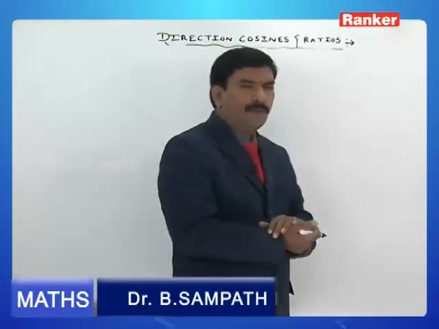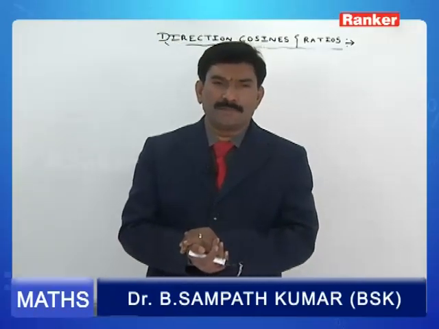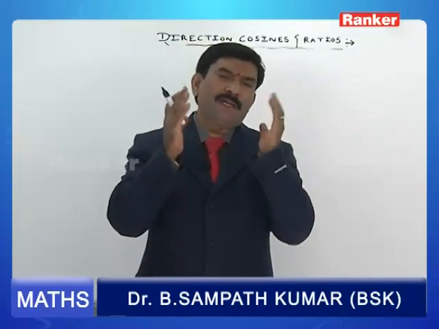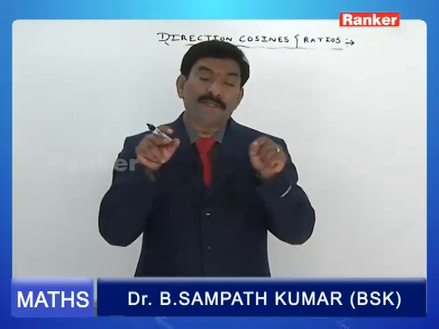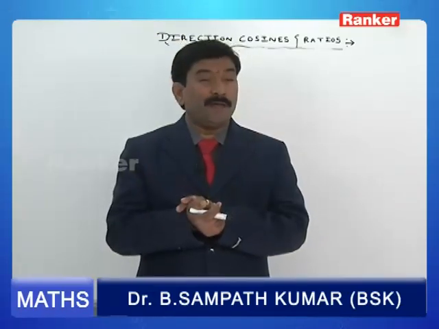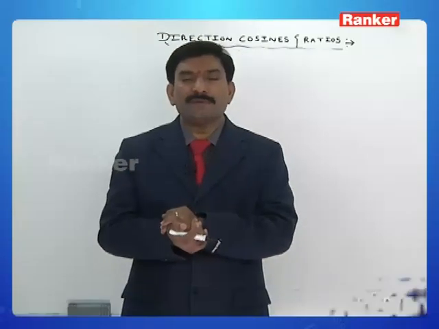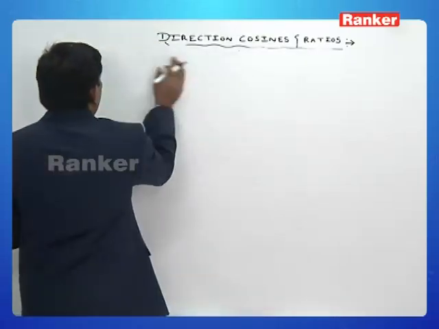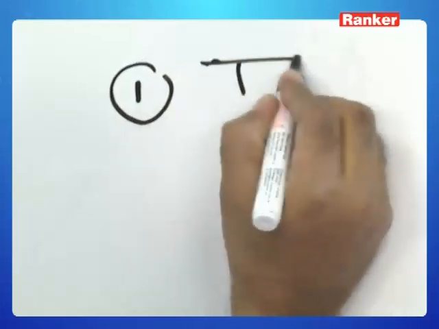By using the concept of direction ratios and direction cosines, let us find out the angle between the two diagonals of a cube, the angle between the diagonal of a cube and a face diagonal, and the angle between the diagonal of a cube and the edge. We are supposed to find these out. Let us see what the concepts are. The concept is, in a cube,